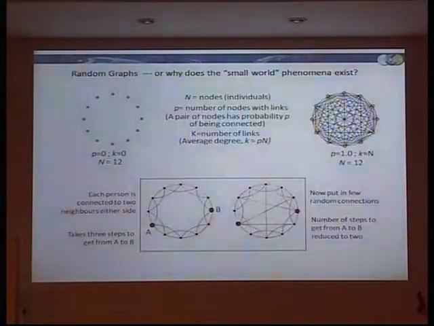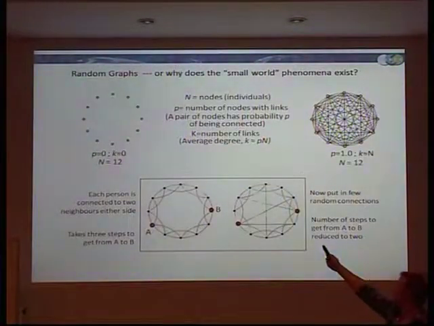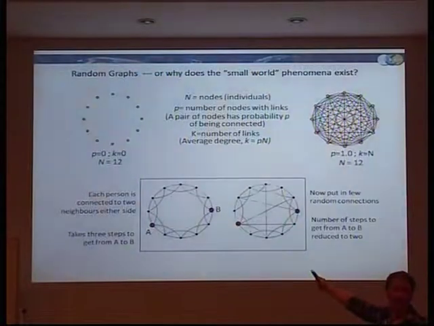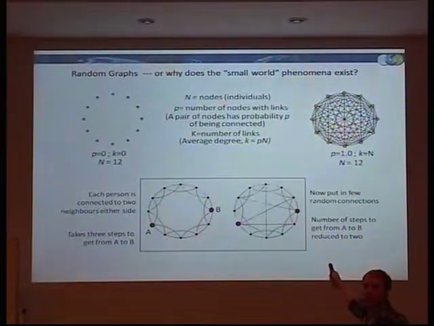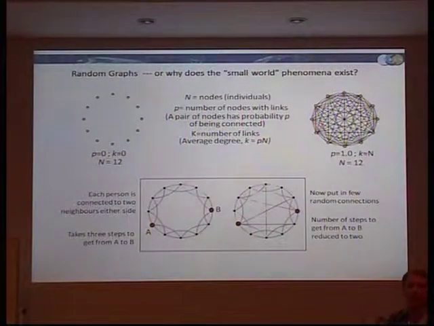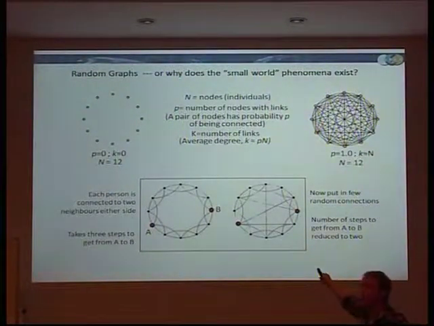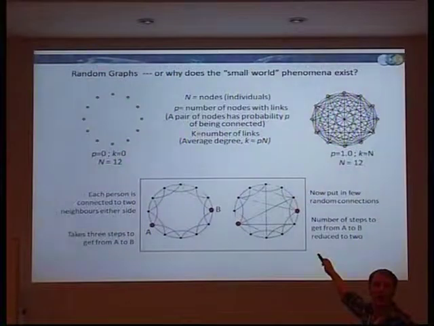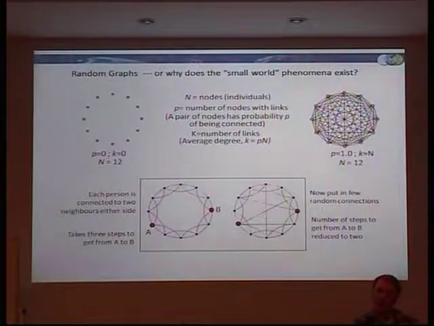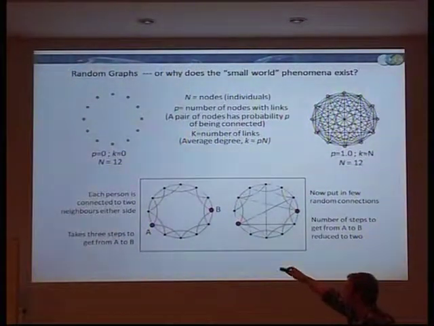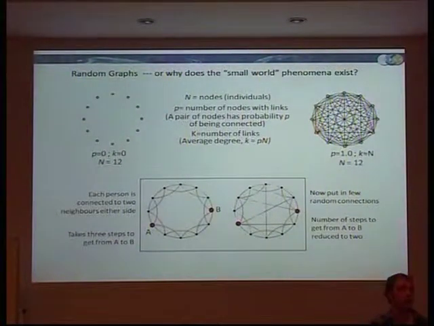So basically, this is a regular lattice, actually. If I start putting connections in the middle, then I reduce the average path length from one node to another. Is that clear? But I also keep my clustering coefficient very high, because a lot of the nodes I'm connected to are also connected to each other. Can you see that? Those are the characteristics of a small world network.